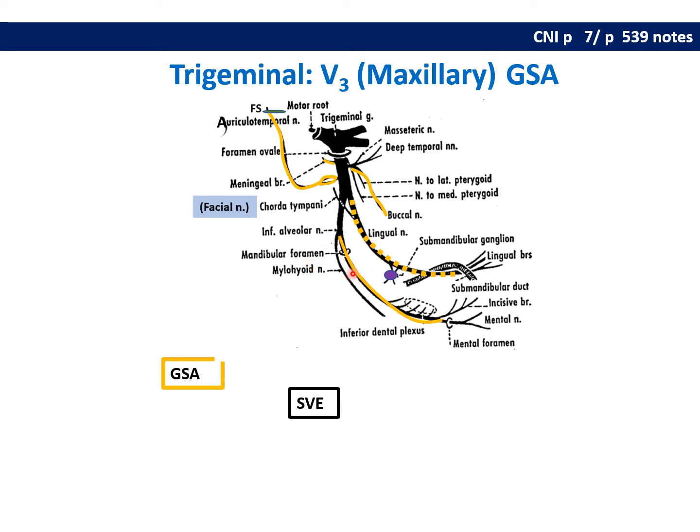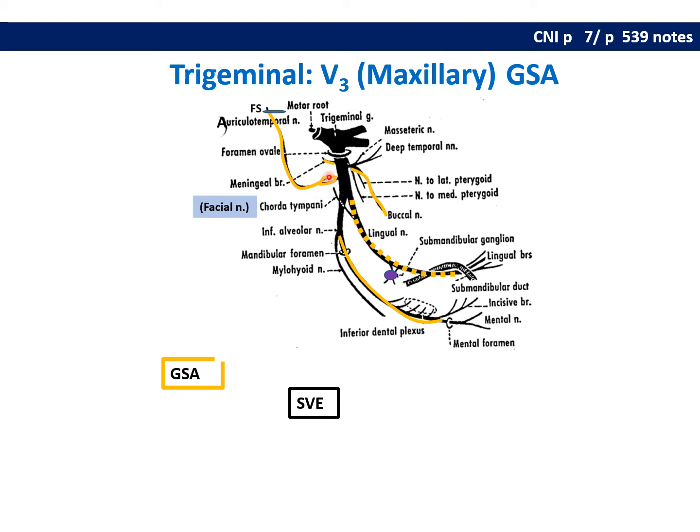And then going through the mandibular foramen in the mandible, the inferior alveolar, which is sensory to those lower teeth. Finally, there's a meningeal branch, and then you see this split of the auriculotemporal nerve